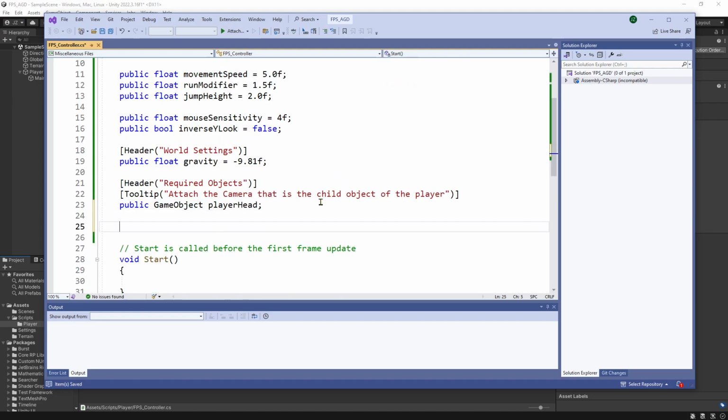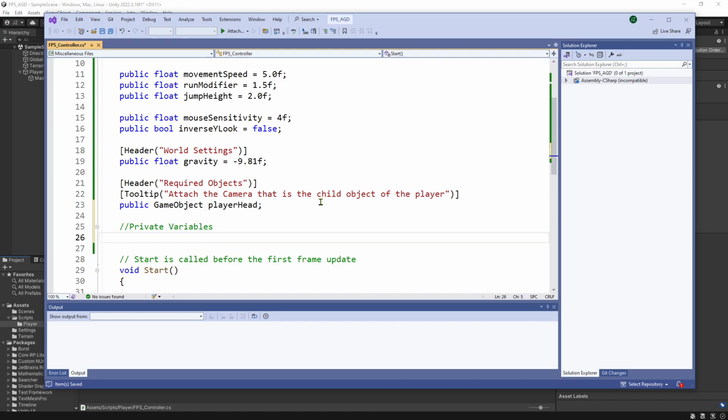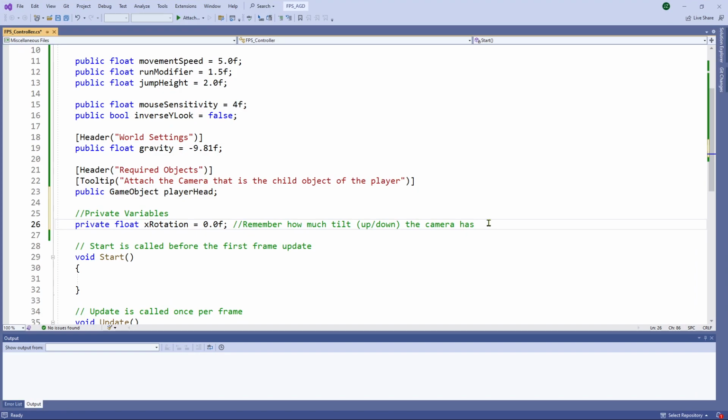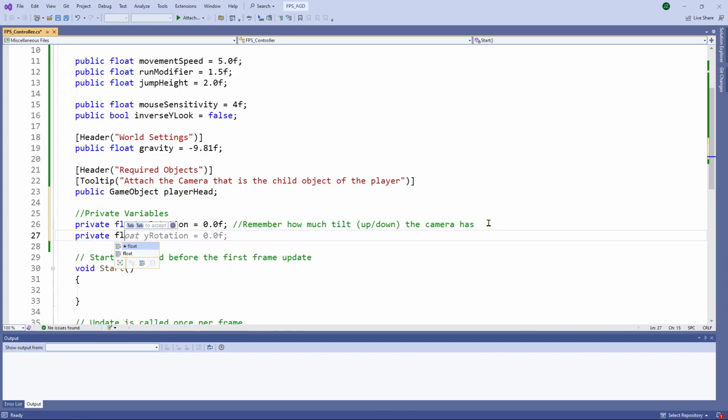So the private variables, these are variables that we don't need to edit inside of Unity. These are for our own computations. So this is the X rotation for up and down looking. This is to remember how much tilt up or down the camera has. A vertical speed variable, and this is going to be useful